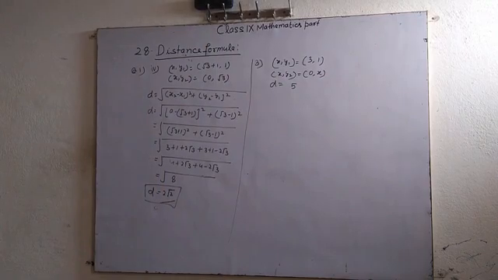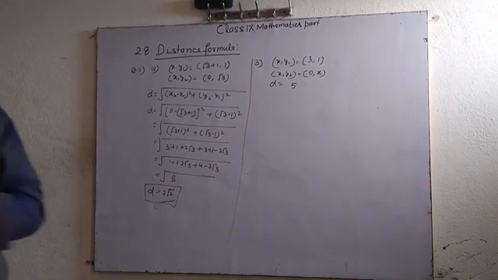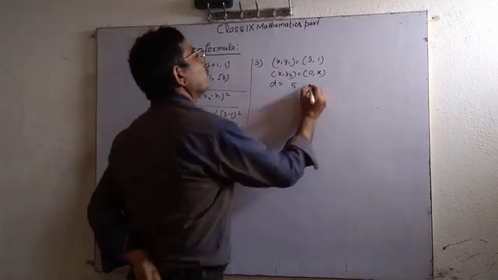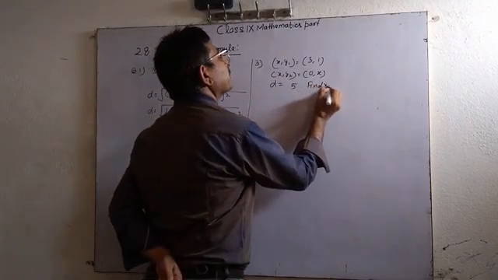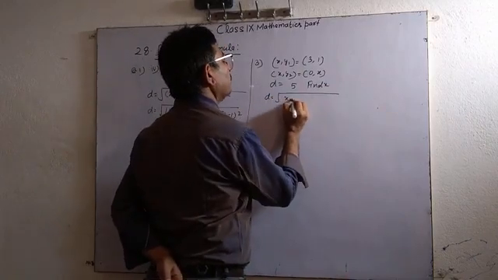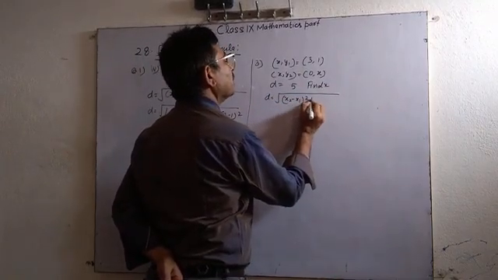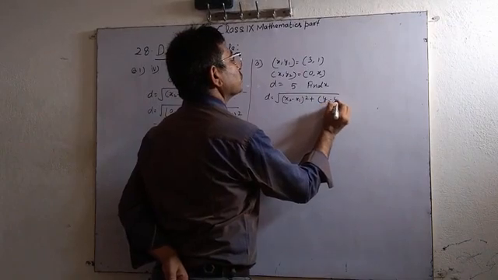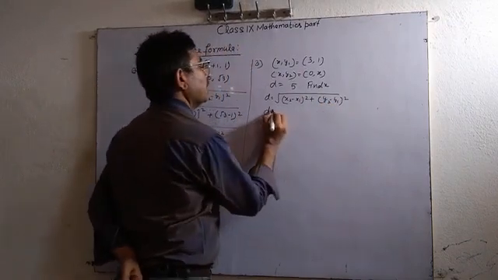Find x. Now here d equals root of x2 minus x1 whole square plus y2 minus y1 whole square,